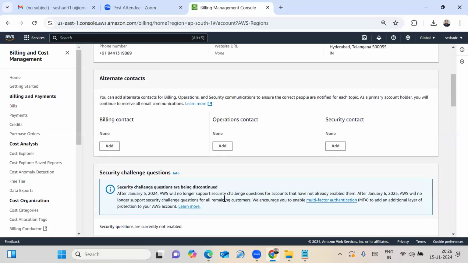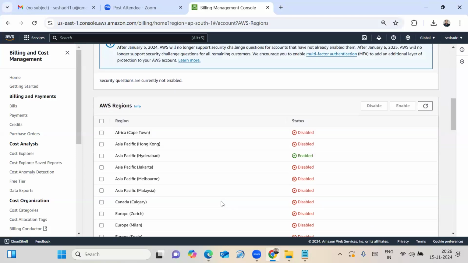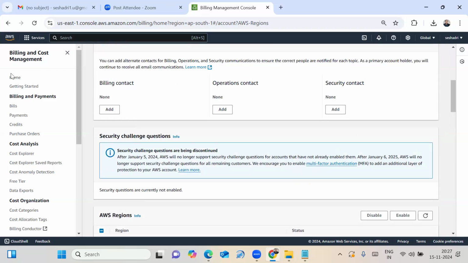When you create your AWS free tier account, the Hyderabad region is also not enabled by default, so I can enable it. Suppose you need to enable Hong Kong, select it and use the enable option. Then that region will be enabled for your AWS free tier account.